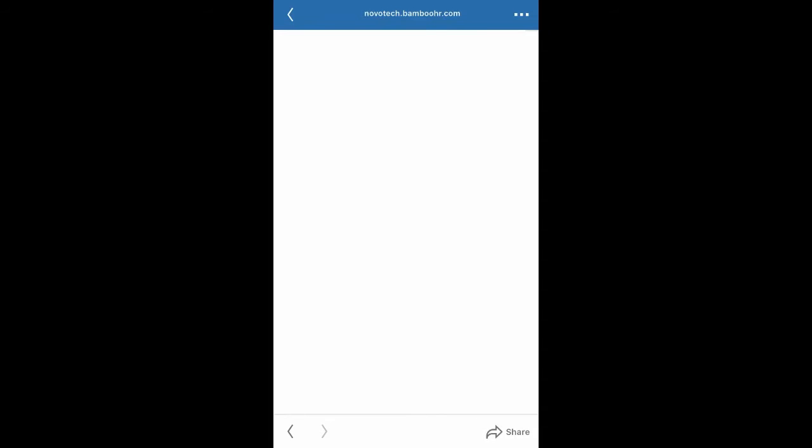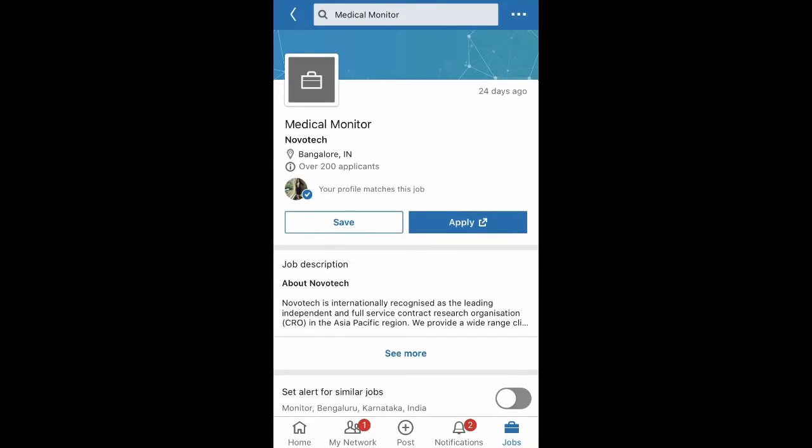Because whenever there is another job relevant to your experience or your requirements, you will get notifications via email, because you have registered your email on their website. So you will get the notification from their career pool that this is the opening and you can apply. So whether you are applying or not, you must make sure that you are enabling the job alert.